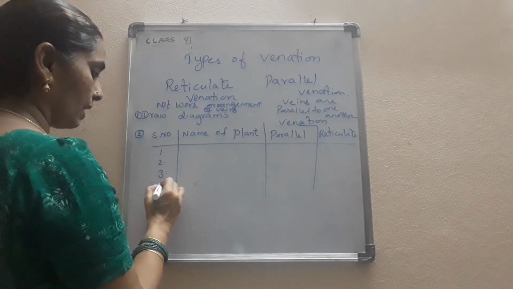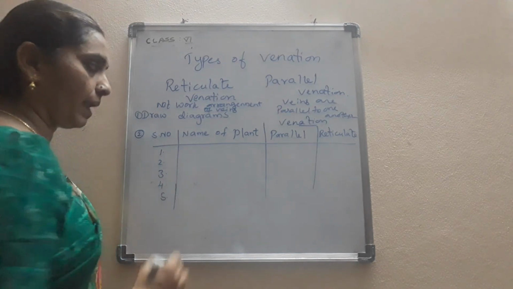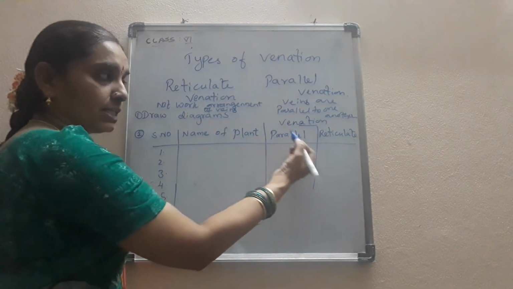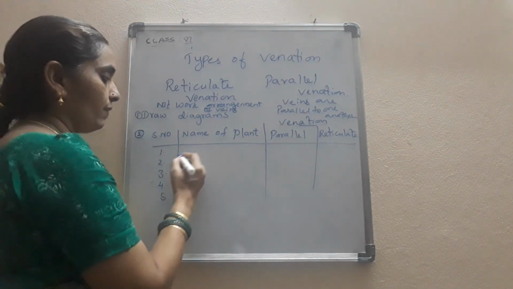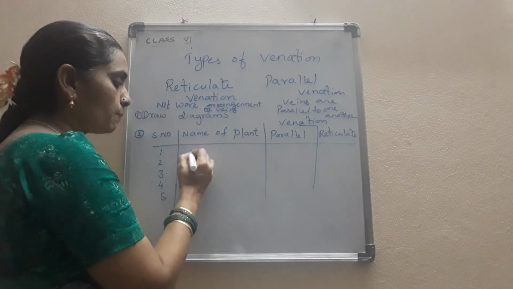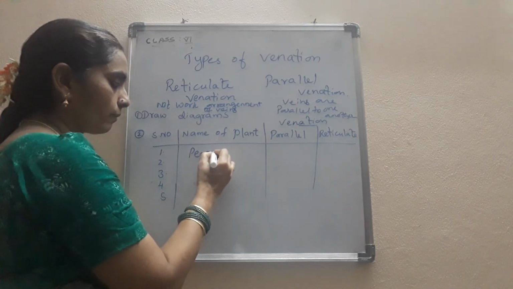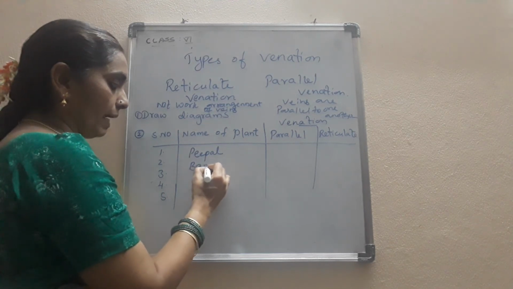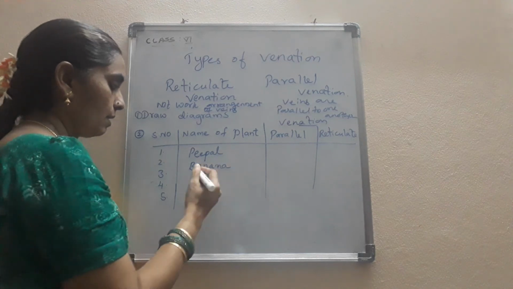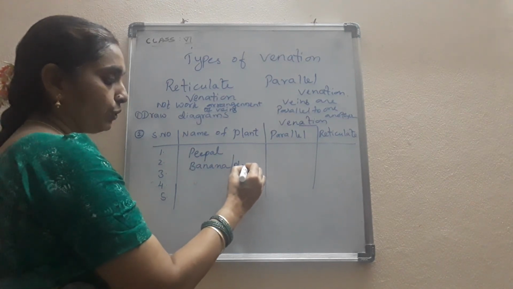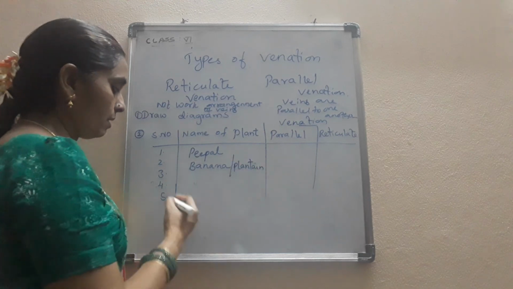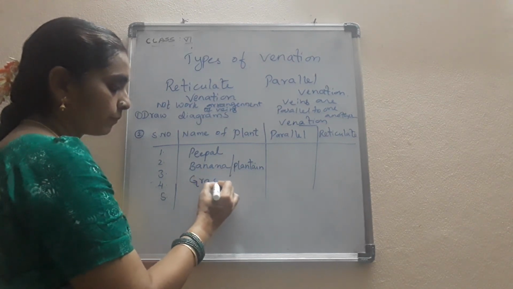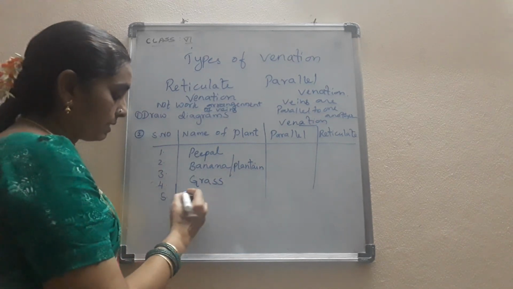Take examples of five leaves of five plants and write whether the leaf contains parallel venation or reticulate venation. Firstly, I have shown you this peepal. Next, banana or plantain. Arati chettu we say in Telugu, isn't it? Plantain. And thirdly, you take grass. Next,